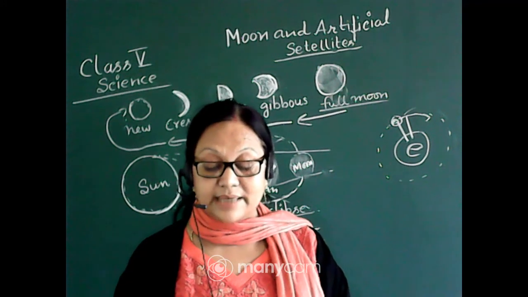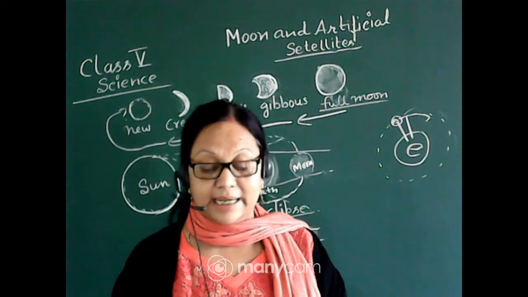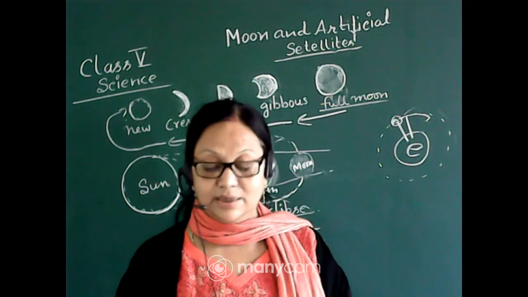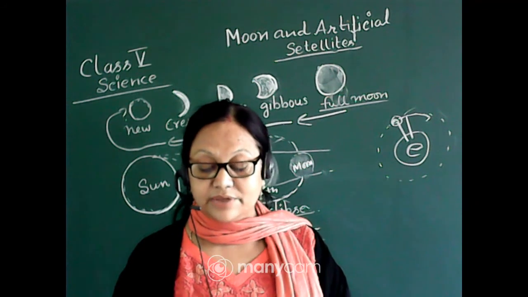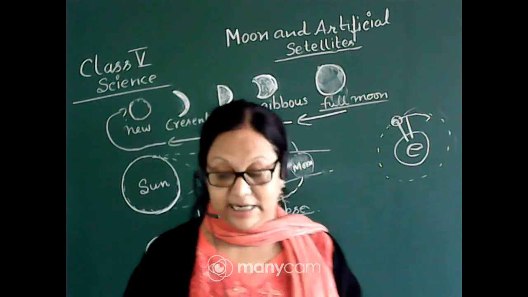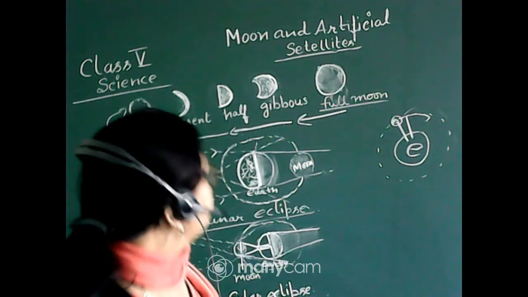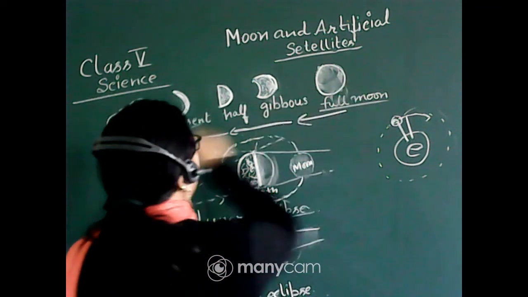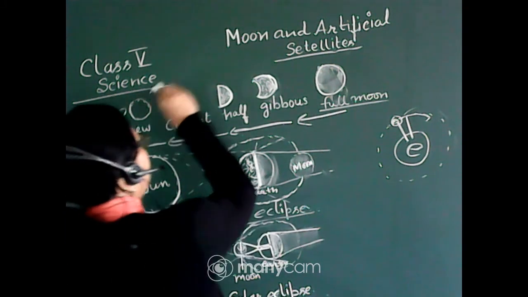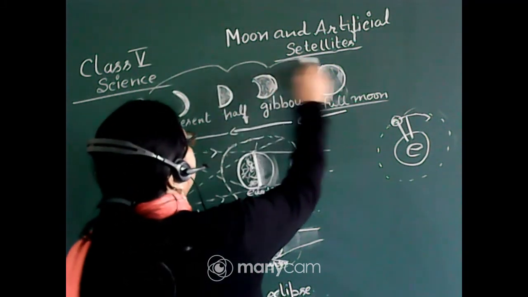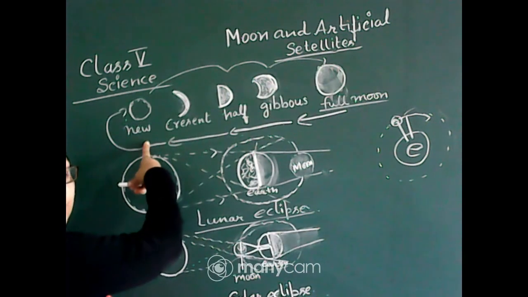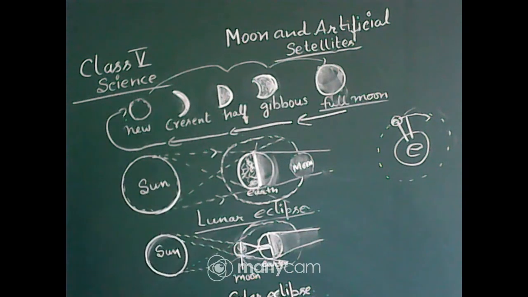After this, the cycle reverses and the size of the moon again decreases, appearing as gibbous, then half, then crescent, and then no moon. The decreasing size of the lighted part of the moon is called the waning. So again the lighted portion starts to reduce. At first it is the increasing of the lighted portion, the new moon, that means there is no